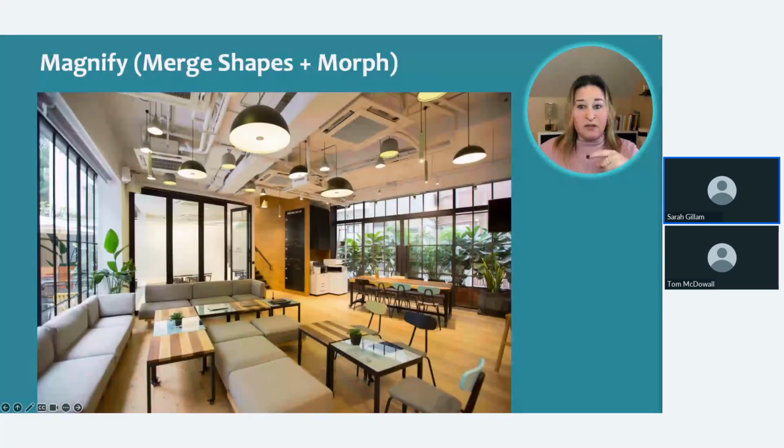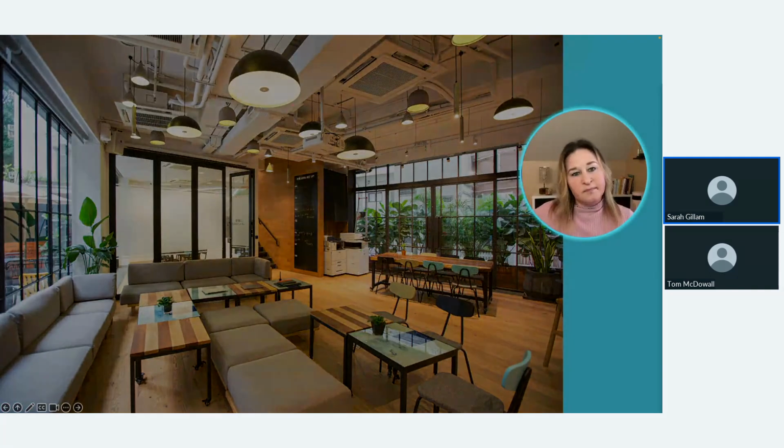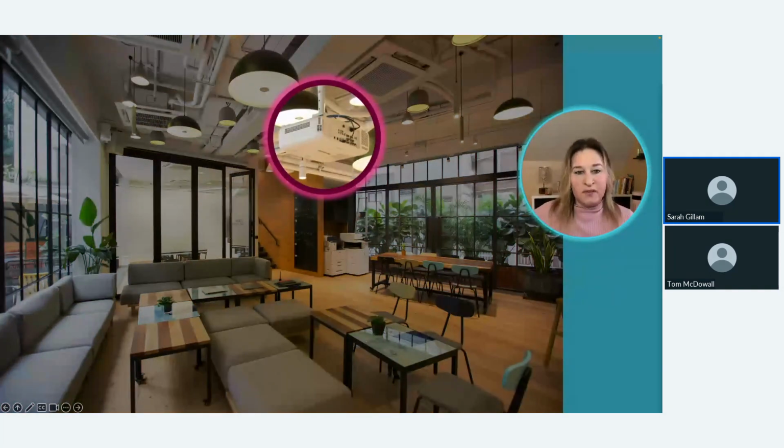Another option is a magnifying effect. So again, we've got this busy picture. Let's say we want to talk about the new projector that we got in this room in our office, right? So you could do something like this. We darkened the picture, we made the projector bigger, and we put that circle around it. The way this is done,